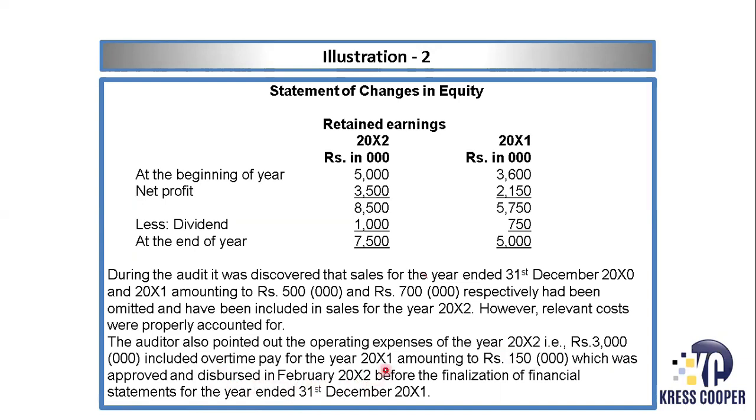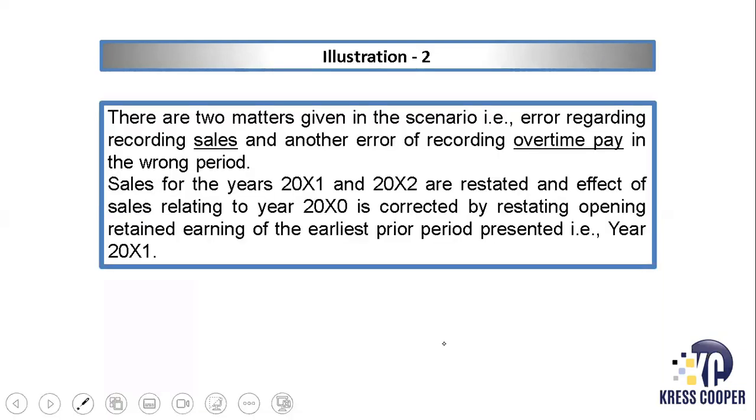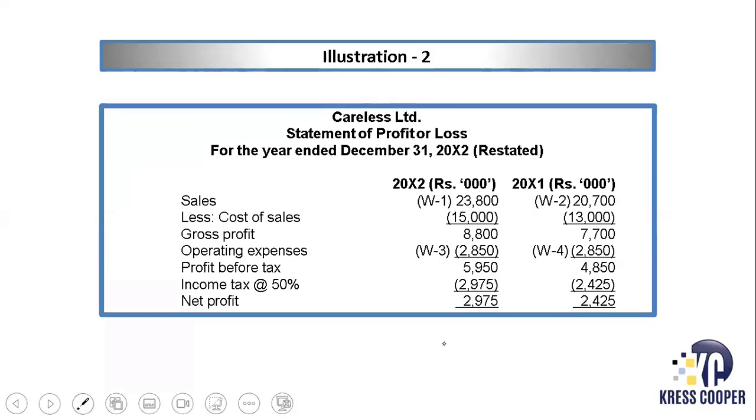So based on the accrual basis, it should have been recognized in X1 as an expense, whereas it has been included in the expenses of X2. So again, here we will be reducing the expenses of X2. So we'll be reducing the sales revenue of X2 by 1.2 million and the expenses of X2 by 150,000. Net impact, we'll see how it will change the